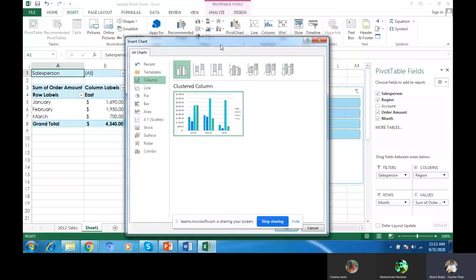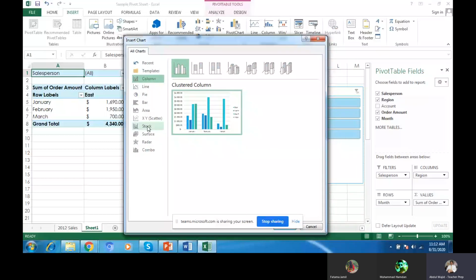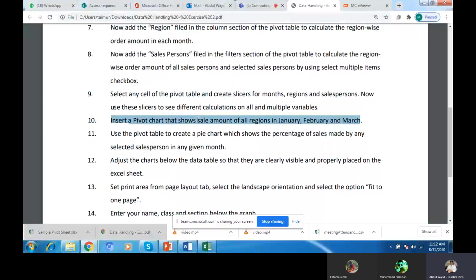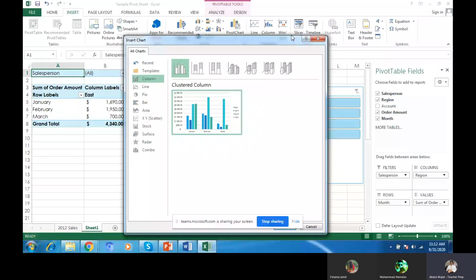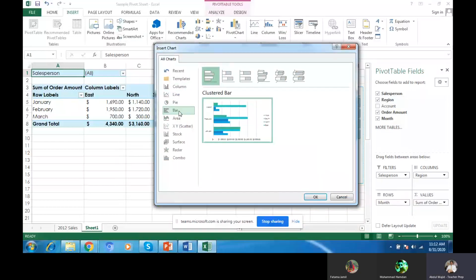Now which chart do you want to display? Now we will go there, pivot chart, any chart of pivot, yes, and click. This one is the column chart, line chart, whichever you want, anyone. Column chart is okay. You will click on it.